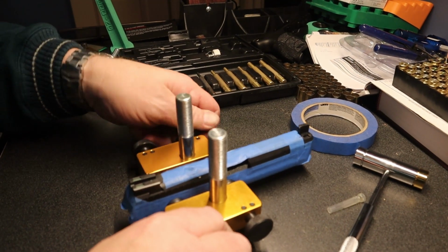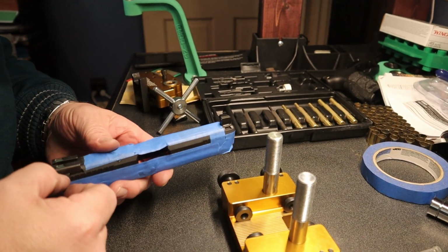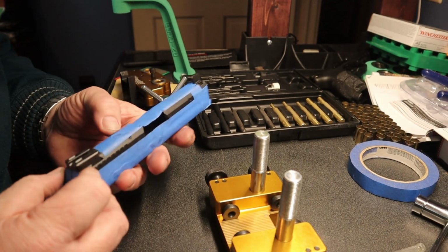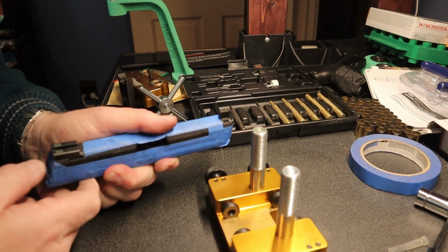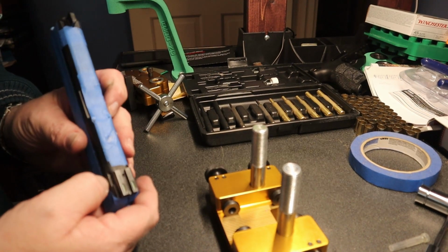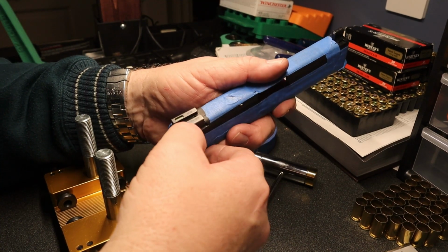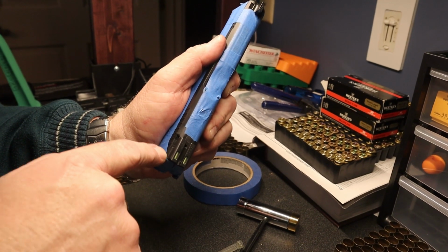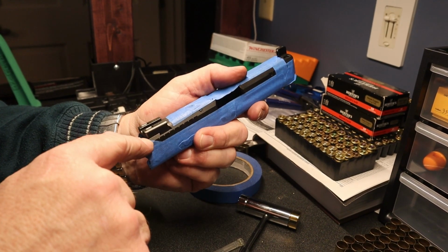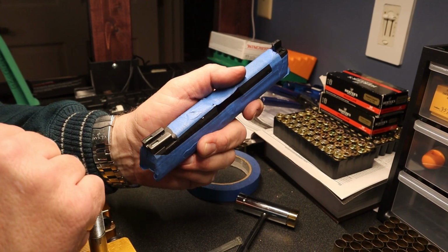We'll loosen these up here. Take the slide back out. And based on the grooves in the slide here and the dovetail, looks like we might have it just a little bit too far to the left, so we'll need to put it back in there and adjust it so that that space there is equal to that space there, so that we have the sight dead center in the top of